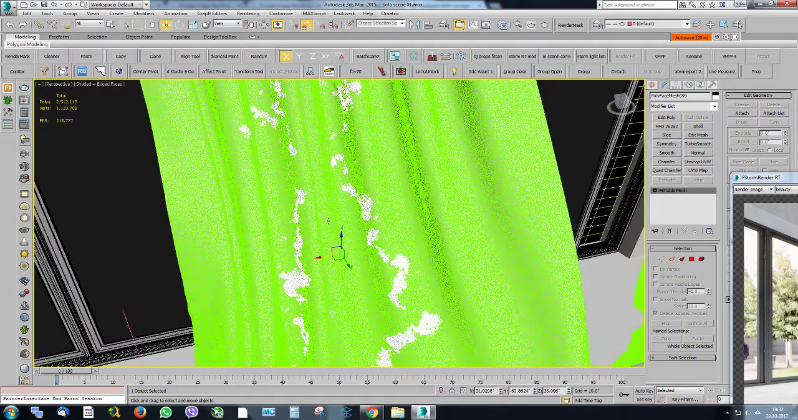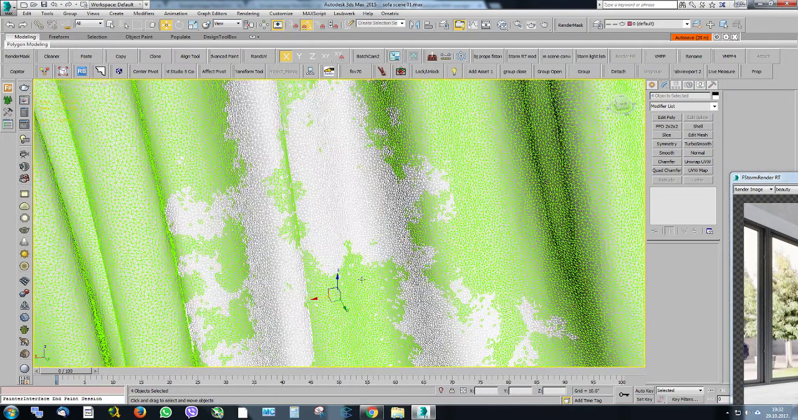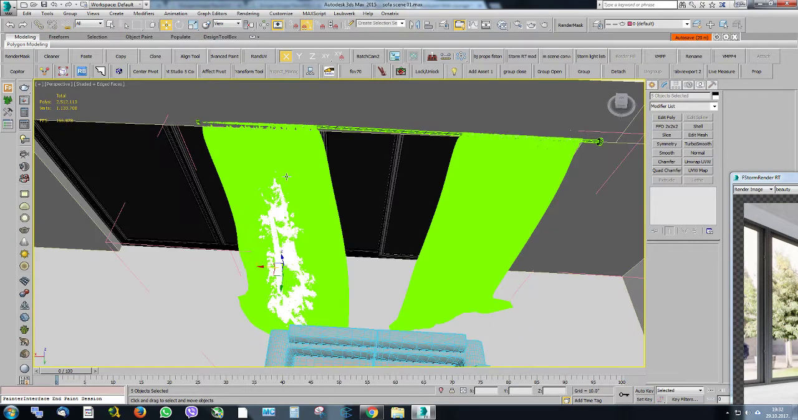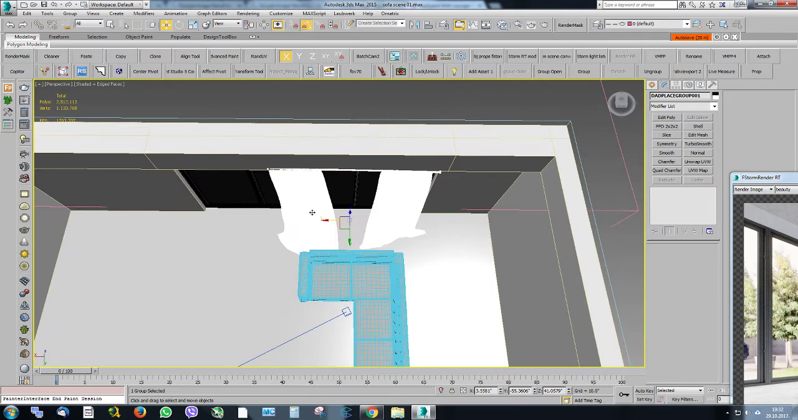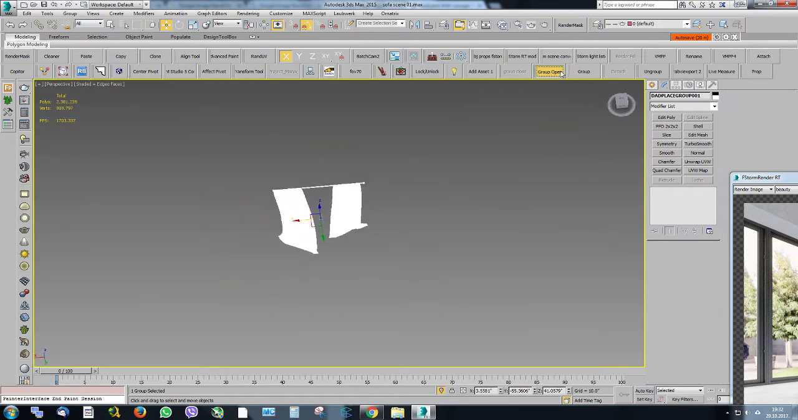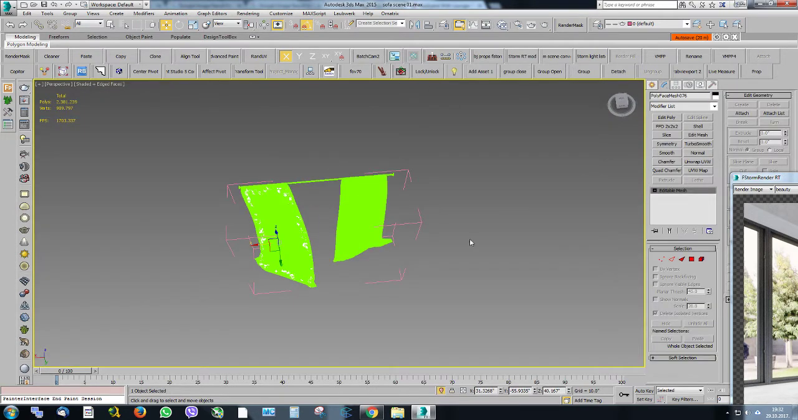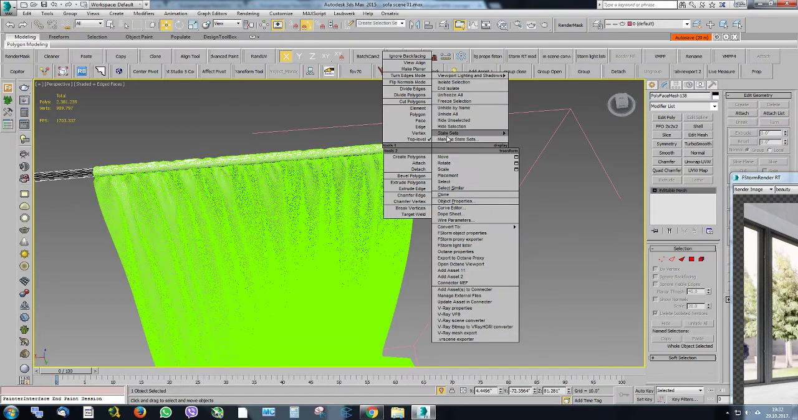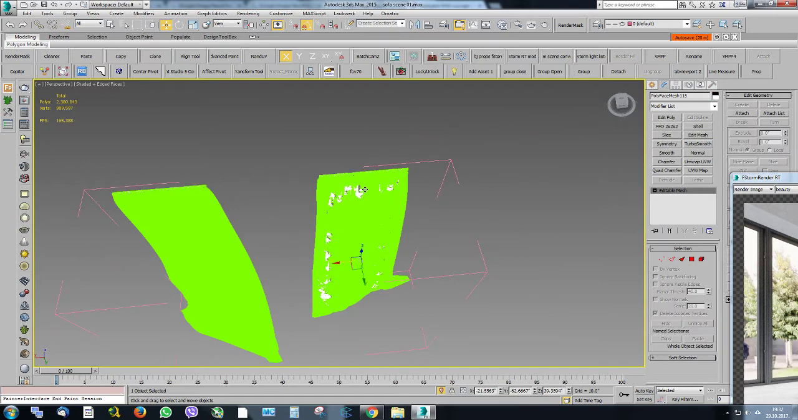This is a very fragmented curtain. Alright, so let's do this group close, group open. And this is the pole. I need the pole. So